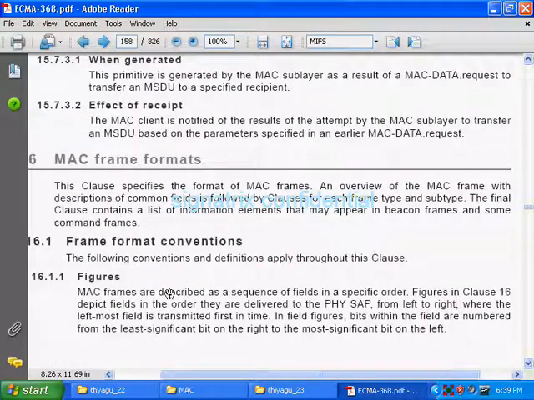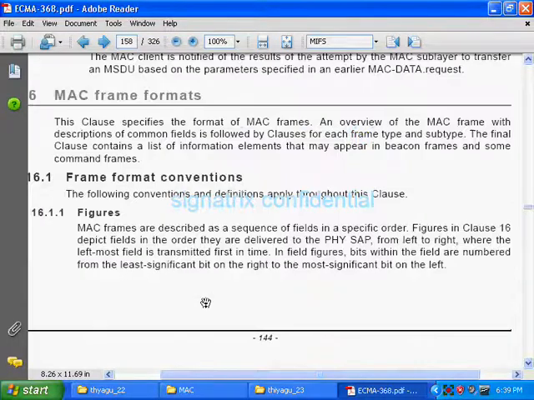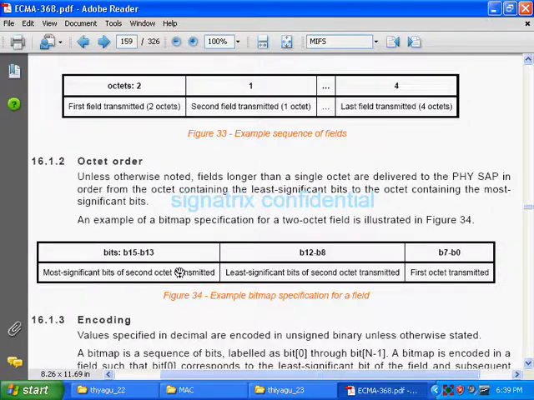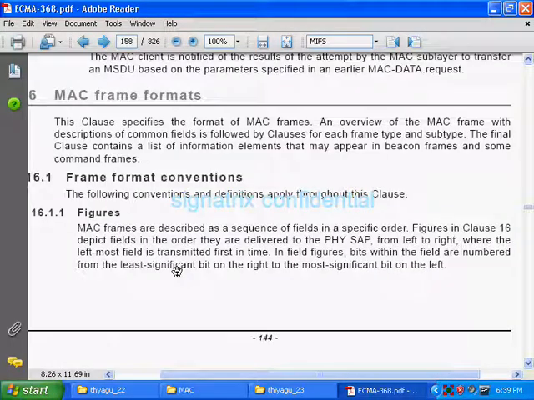Now look here. In the first section, they have defined the conventions followed in this document. Shall we go through this quickly? Figures: MAC frames are described as a sequence of fields in a specific order. Figures in clause 16 depict fields in the order they are delivered to the PHY SAP, where SAP means service access point, from left to right.